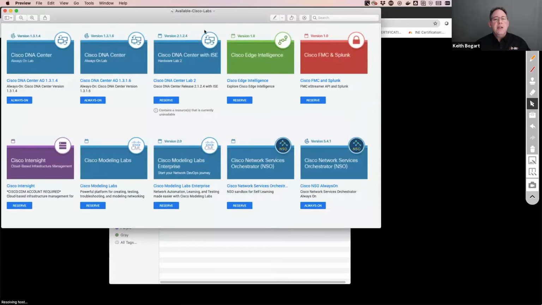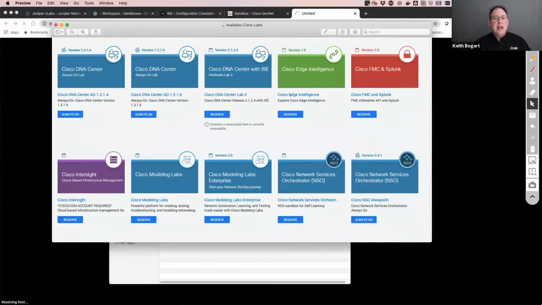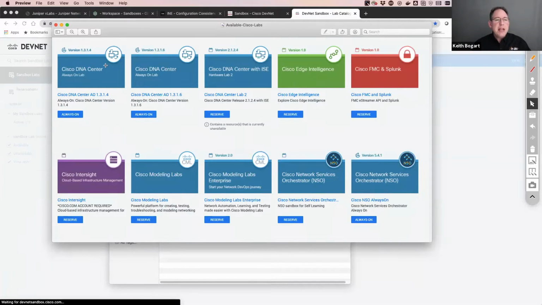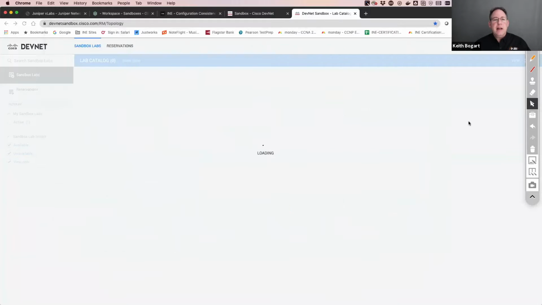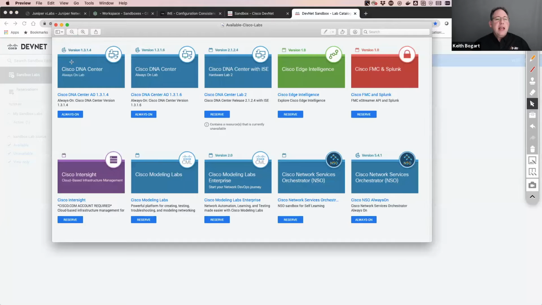Right here. So you'll get a page that looks like this, and you'll get a lot more than this. I don't know why their page is taking so long. Fortunately, I grabbed the screenshot, but each one of these, here we go. Okay, now it's coming up. Okay, each one of these boxes here, and there's rows and rows and rows of these boxes. I just grabbed 2 rows on my screenshot. But each one of these is a sandbox environment where you can get in there and play around with their